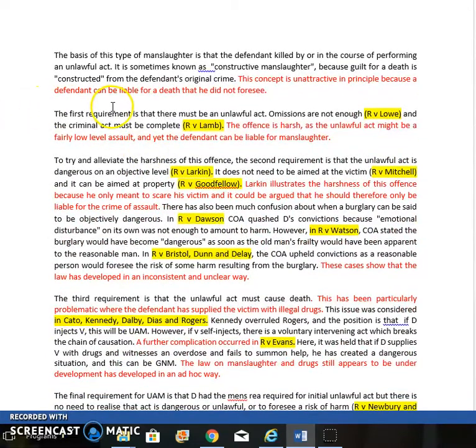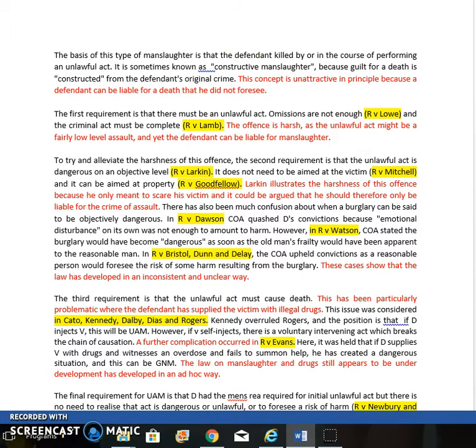So the first requirement is that there has to be an unlawful act. Omissions aren't enough, the criminal act must be complete. You can see that I've cited my cases there in brackets. And I've evaluated straight away by pointing out that the offence is harsh because the unlawful act might be a fairly low-level assault, like the example I just gave you, waving the knife, and yet the defendant can be liable for manslaughter, and of course that carries a discretionary life